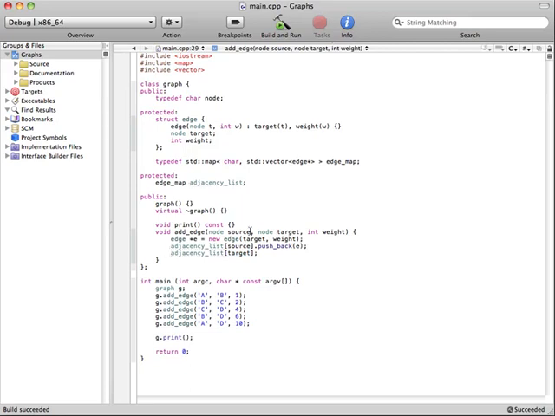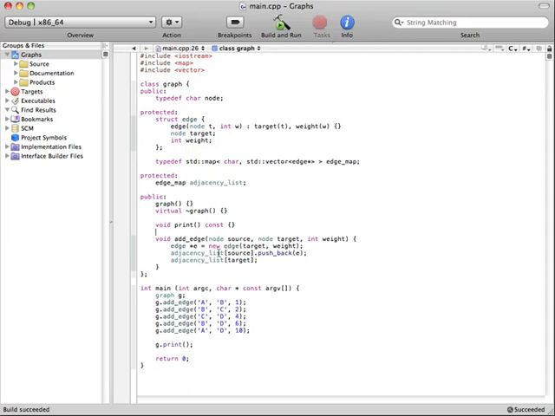Okay, so now we have two more functions that we need to implement. There's the print, and then there's the graph destructor. Let's go ahead and do the graph destructor first. So if you look in our add edge, you can see that we're creating a new edge. So we're actually allocating new memory on the heap. So that means when our graph class goes away, currently we're going to have memory leaks for every edge that exists, or that the user has created or added